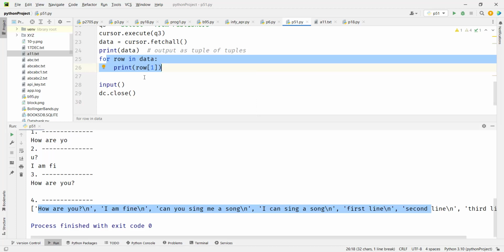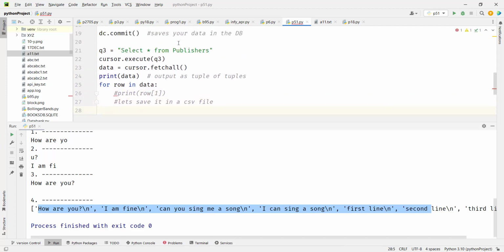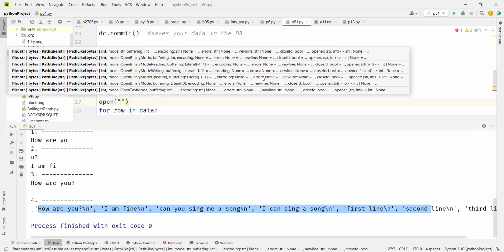So this is your row. Instead of printing, let's save it in a CSV file. The concepts are very similar. First, you will open the CSV file in write mode, correct? So I'm going to say open a CSV file in write mode. You will say open, and you give the file name. So here I'll give